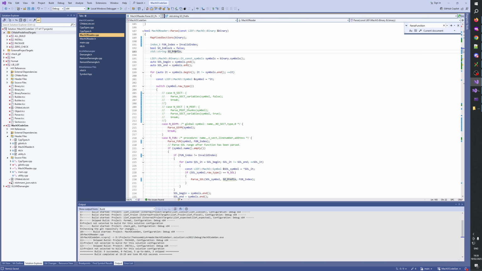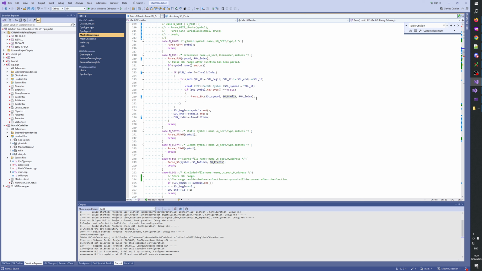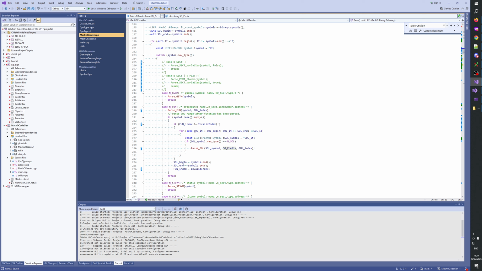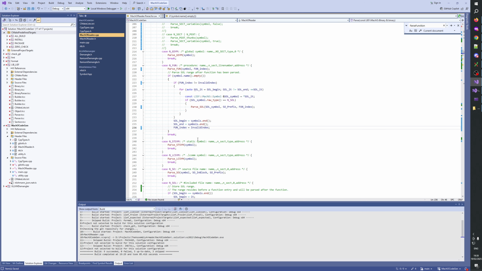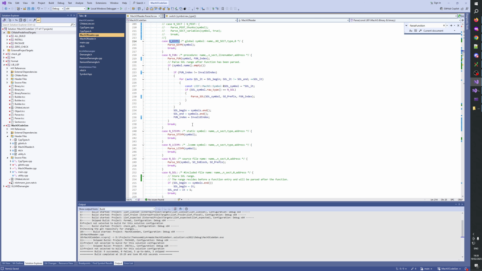SO in block, SO prefix. What is that for? SO prefix. Okay. Fun index, yeah. Okay, that means, so if we reach